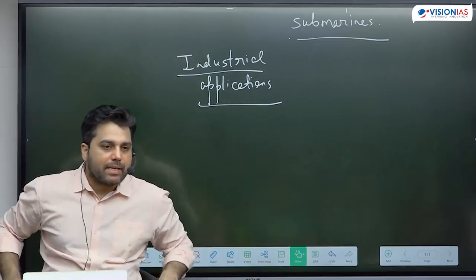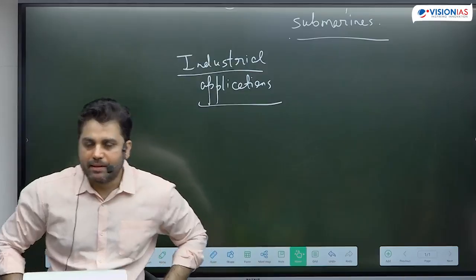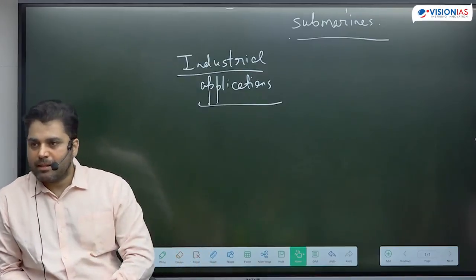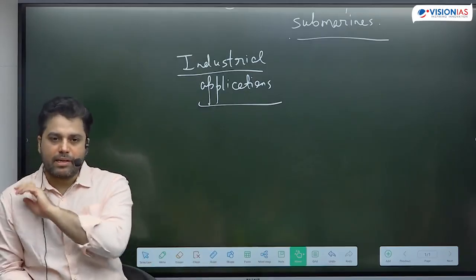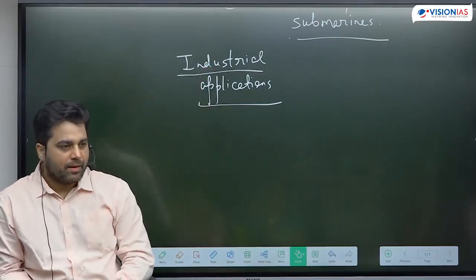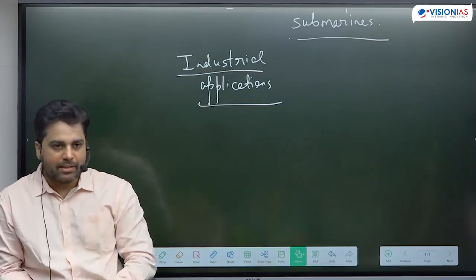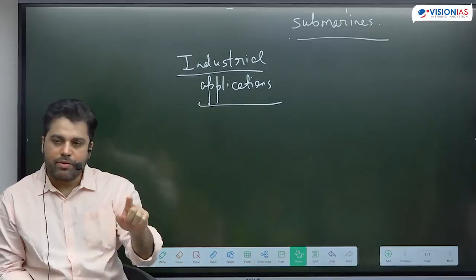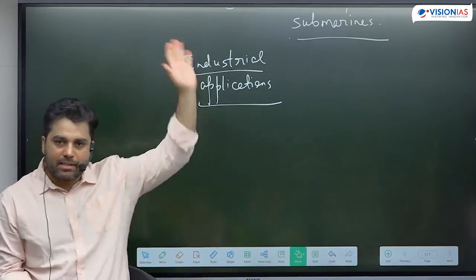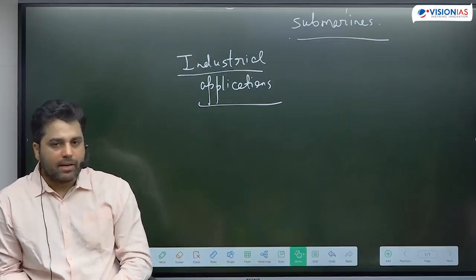Another very interesting application is finding leakages on a very large pipeline. For example, suppose a natural gas company or oil company has installed hundreds of kilometers of pipes for supplying oil and natural gas. Even one small leakage somewhere can be dangerous, it can be problematic. So how do we know about a leakage on a pipeline which spans hundreds of kilometers? That's also very simple with the help of a radioisotope.